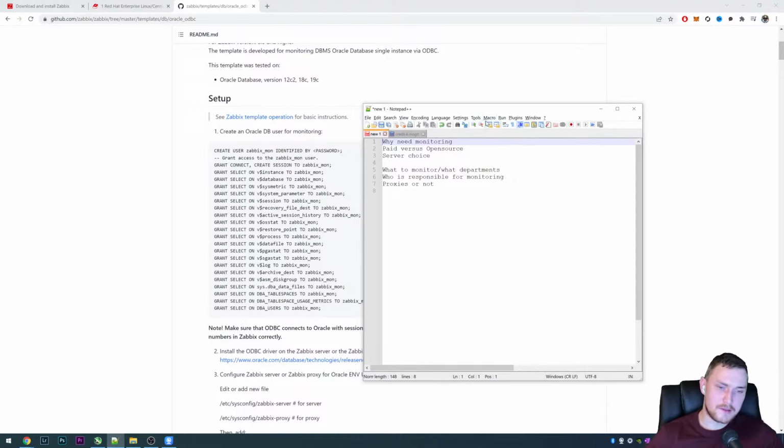In the perfect world, how I see it is that the Zabbix engineer, the monitoring engineer, has, let's say, no idea about Oracle, and he has a meeting with this database department, and they say that we need to monitor this. The monitoring engineer should just tell them, okay, we have an option to use ODBC, and the database guys will most likely know what ODBC is. We have an option to install a Zabbix agent which can perform this and that. We can create triggers, we can set a frequency like this and like that. And now you guys tell me, which sounds better for you? Do you want to go with the agent way or ODBC or something else?